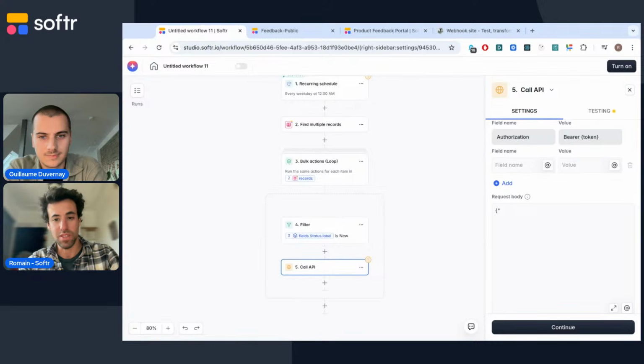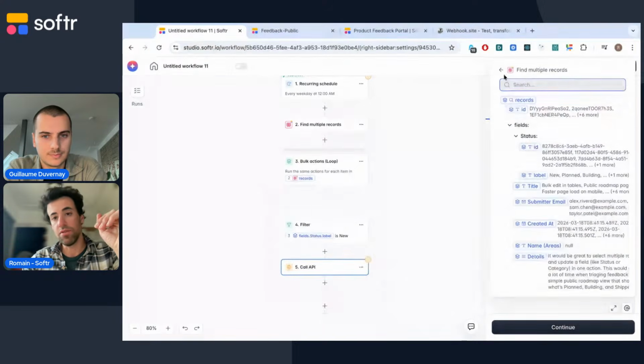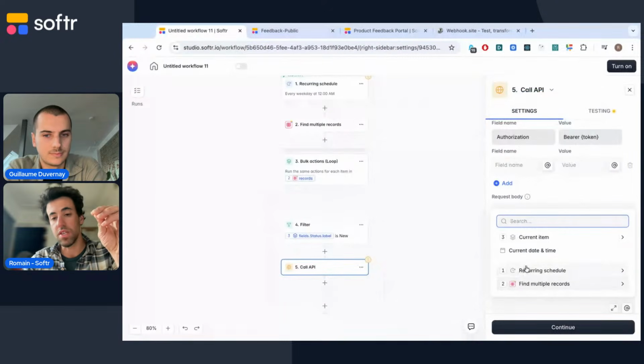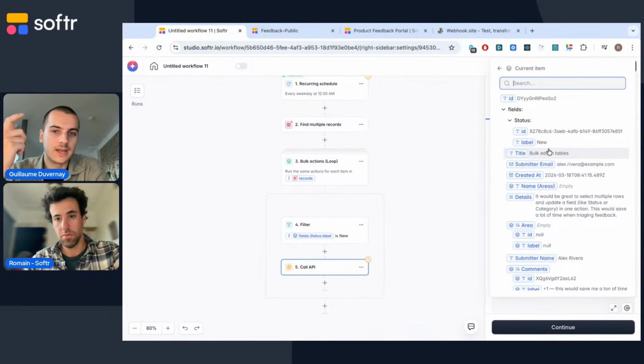So here I'm going to say test and just send the value that I can get here. And here I need to be sure that I select the value from the current item. This is something that can be confusing. If you select something from here, it will select the value for all items. What you want is to select the value for the current item of the iteration. So if we're having 9 projects, then we take them all one by one, and current item title would be the title of that feedback or something like that.